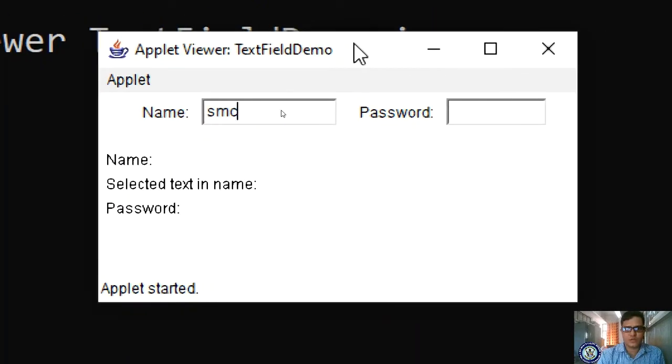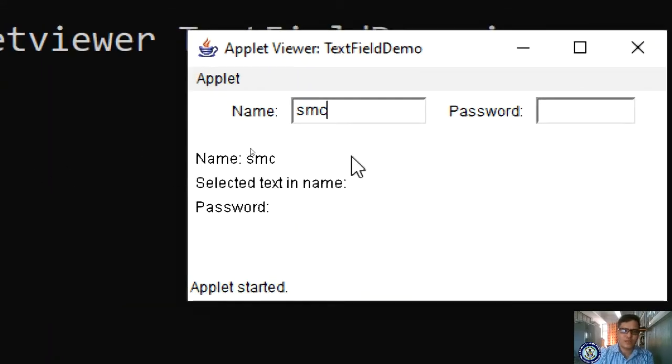It doesn't contain any value until I enter, right? If I enter, then what happens? The add action listener will execute. According to that add action listener, it will display the content, right? If I enter, smc is displayed.